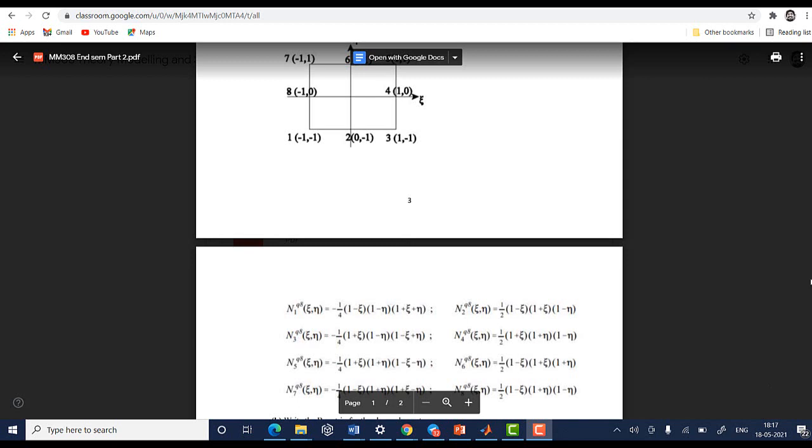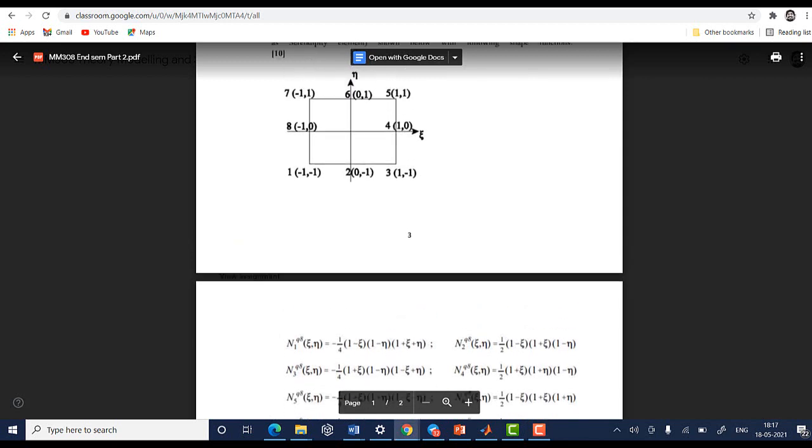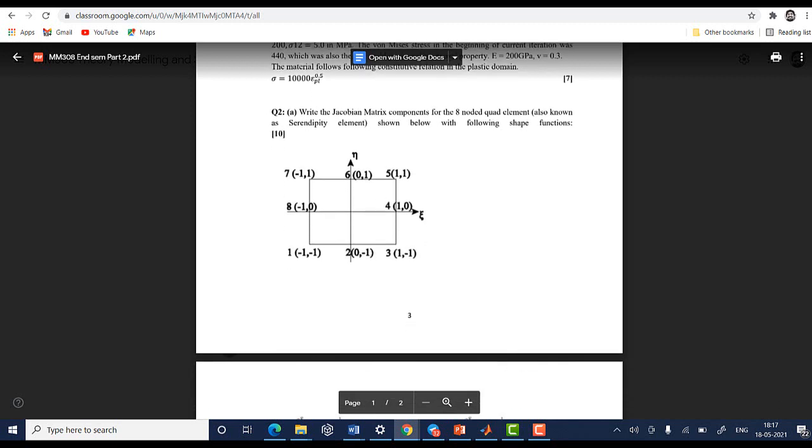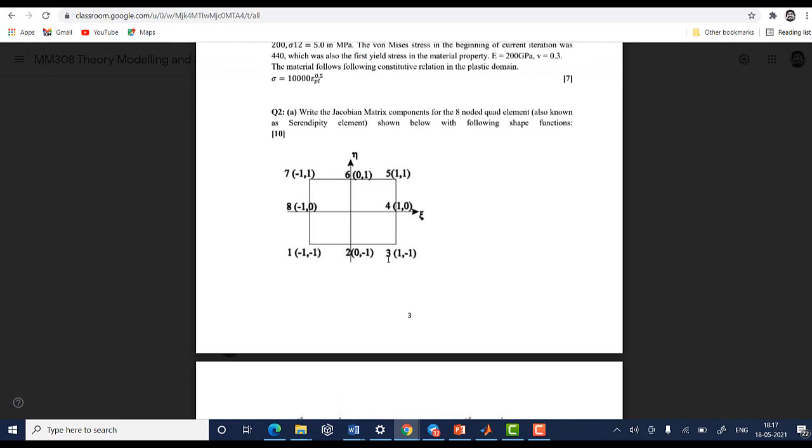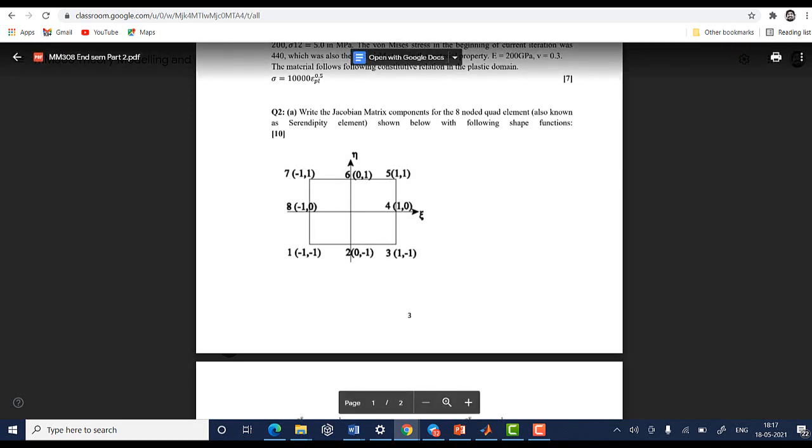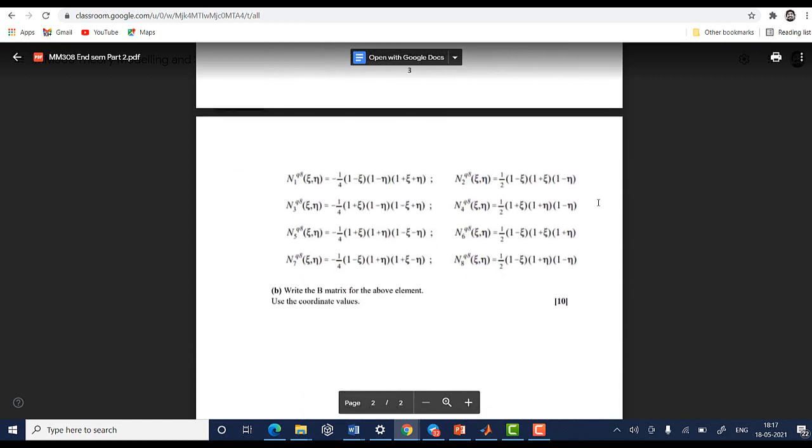So let us discuss the solution for the end semester examination. First we will solve question number 2. Here you had to find out the Jacobian matrix for this quadratic element, for which the local coordinates are given in this picture. The shape functions were provided, and